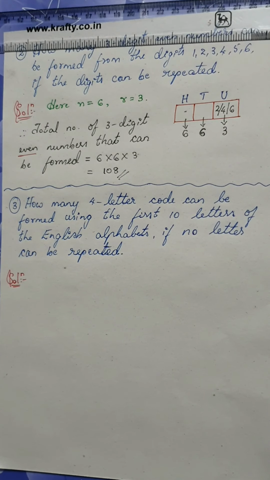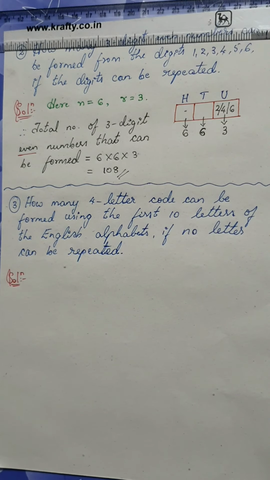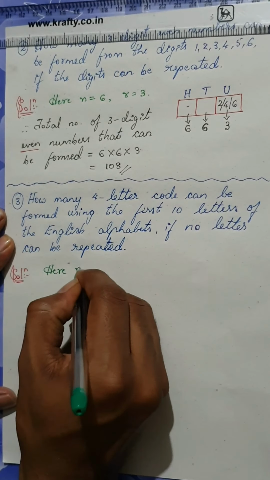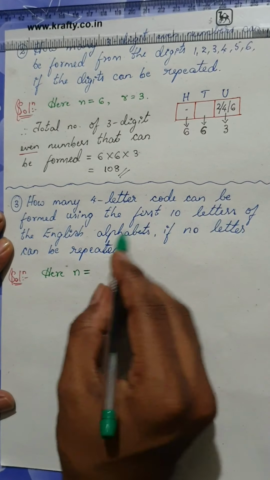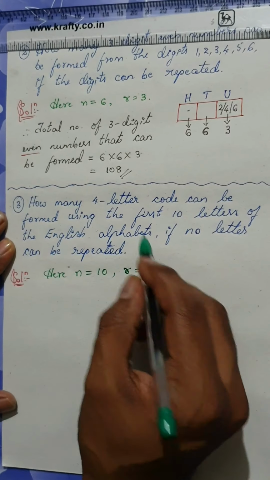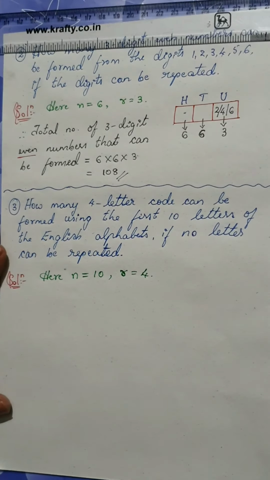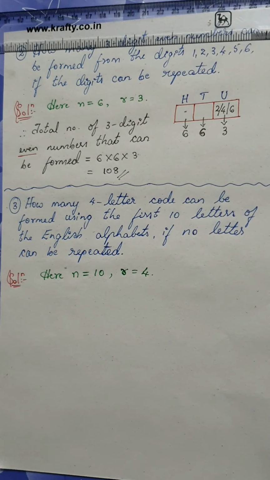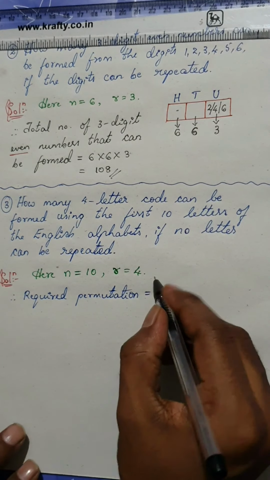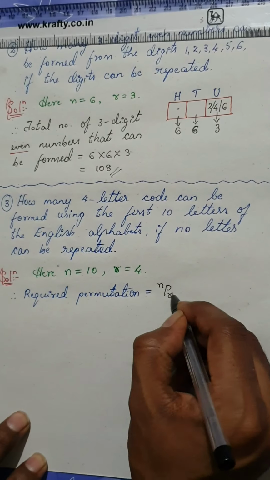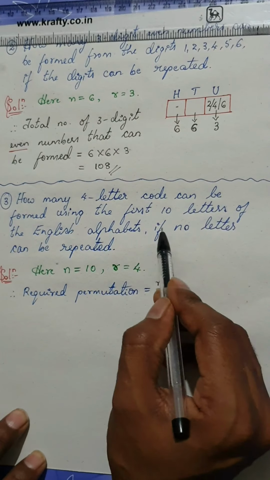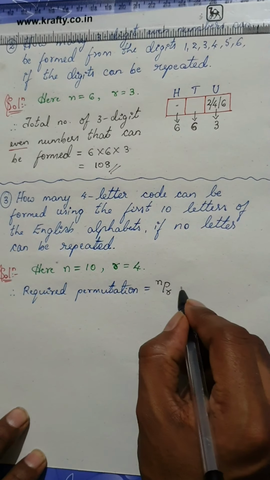Either you can use the formula method here, or let us use the fundamental principle of counting. Now it is quite clear what the value of n is. The total number of letters allowed is the first 10 letters. The number of letters to be arranged is a 4-letter code, so r is equal to 4. Therefore the total permutation is given by nPr, because repetition is not allowed. If no letter can be repeated, please don't forget this 'no'. If you take away this 'no', and letters can be repeated, it is a different question. So this will be nothing but